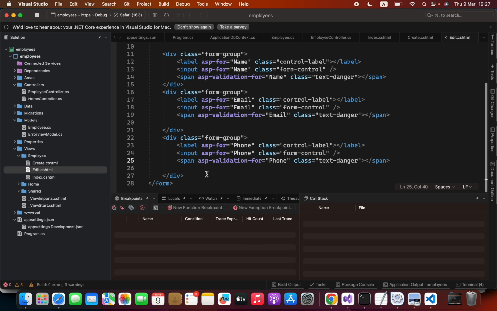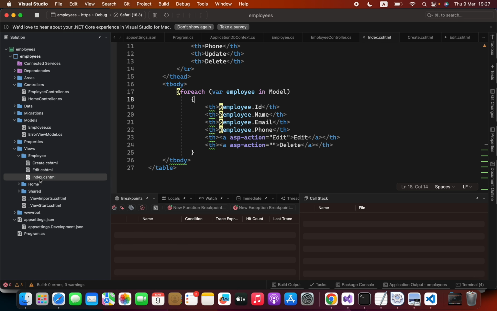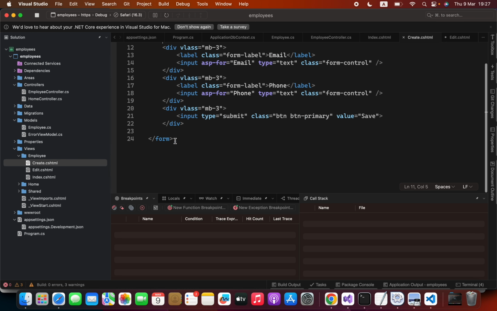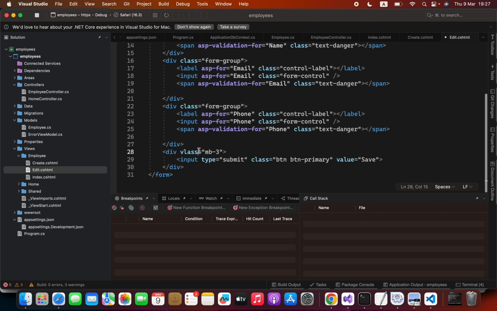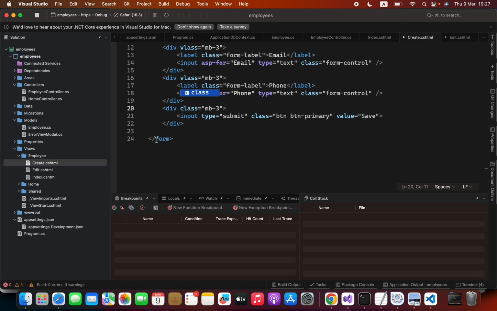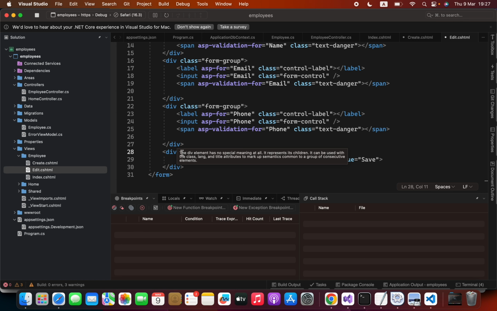Now, after that we can click create the save button here. I can use the same thing in index, in the create page here, this submit one. I am going to copy that and paste that here. So, I will explain that here. Div class equals to mb-3. That means that this is some bootstrap